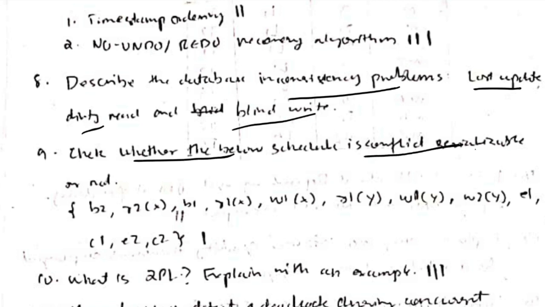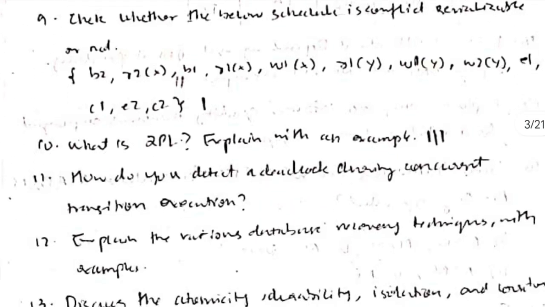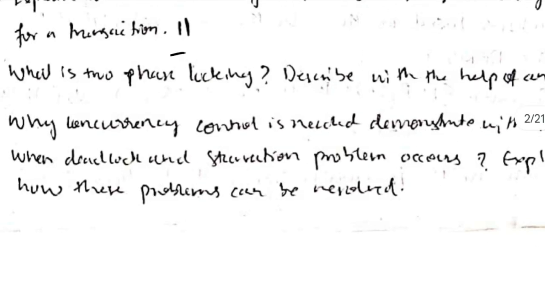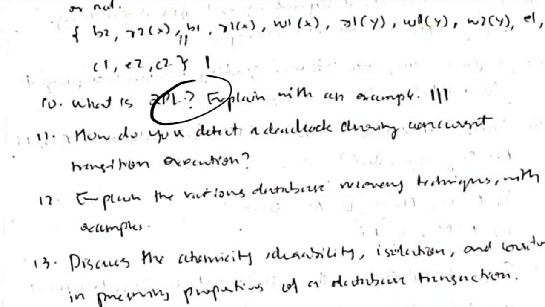And check whether it's serializable or not. I had given 2 examples of how to check if it's serializable. You will make a wait-for graph first, and after that if there is a cycle in it, it's not serializable, else it's serializable. And see, 2PL is very important. Here also I had written two-phase locking, the same question. And here also it is asked. So don't miss that question before you go for the exam.